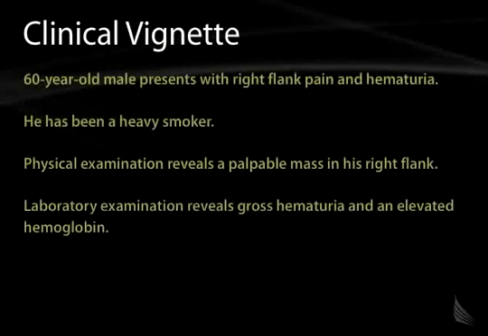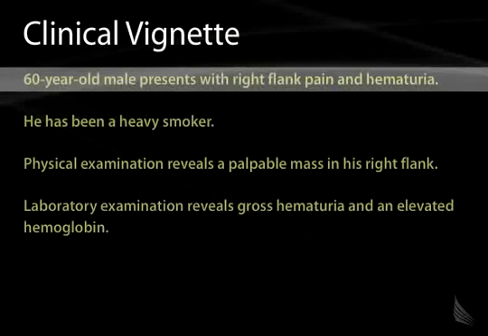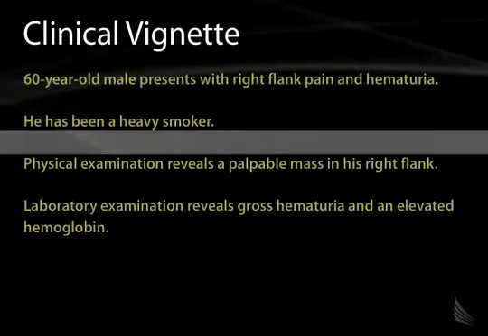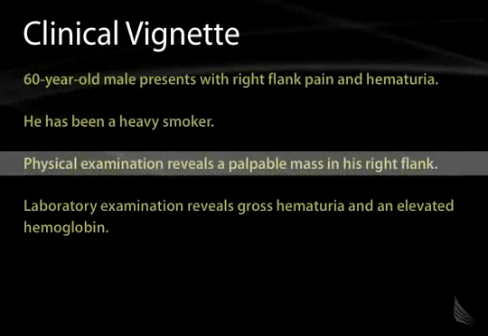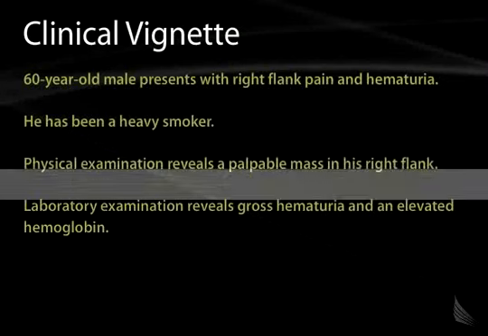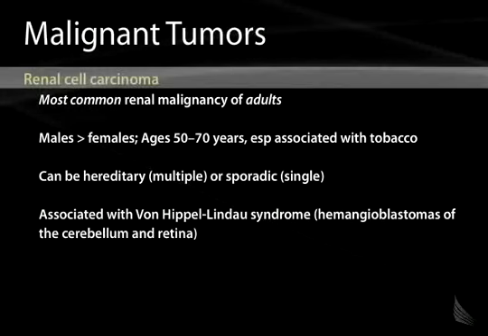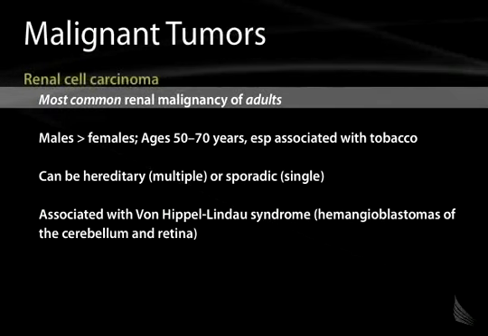Now, to introduce the malignant tumors of the kidney, we'll give a clinical vignette. This is a 60-year-old male that presents with right flank pain and hematuria. He has a history of heavy tobacco use. When you do a physical examination, you can actually feel a palpable mass in his right flank. Laboratory examination of his urine reveals gross hematuria and an elevated hemoglobin. This is an example of renal cell carcinoma. This is the most common